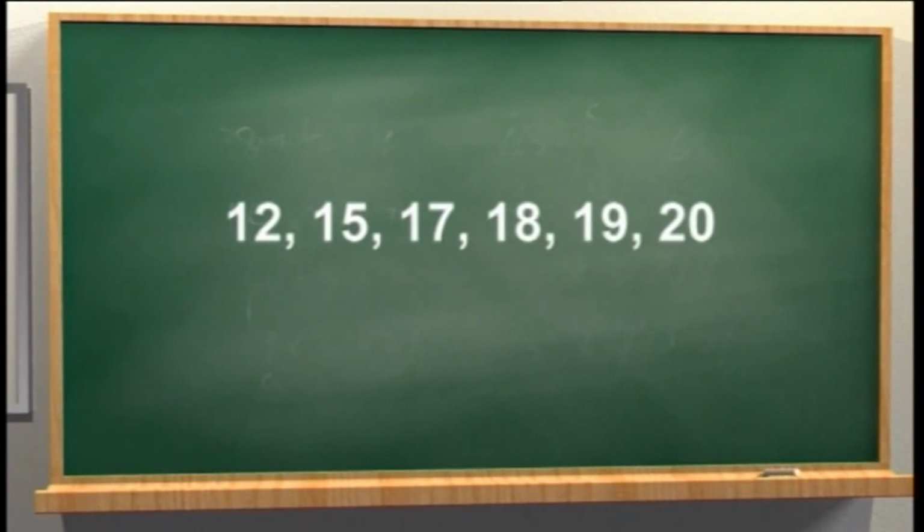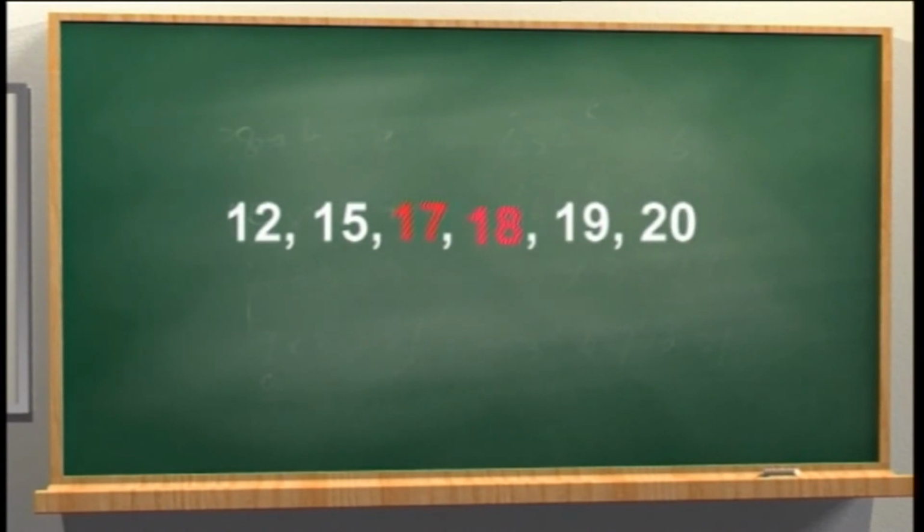Of the 6 scores here, 2 scores are below 17 and 2 above 18. The scores 17 and 18 fall in the middle of the distribution. Here we are not in a position to define the median unless we divide this interval covering both the middle scores into 2 equal halves. The midpoint of the interval 16.5 to 18.5 would be